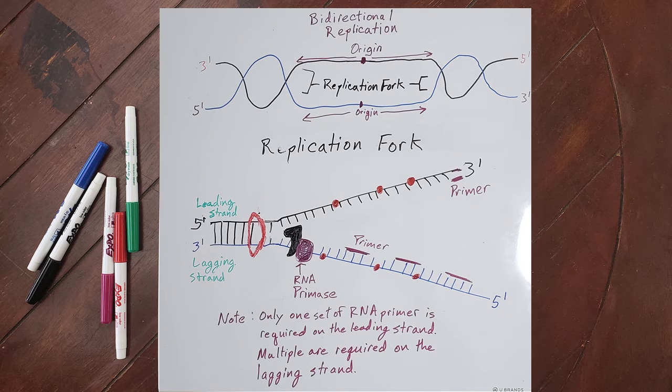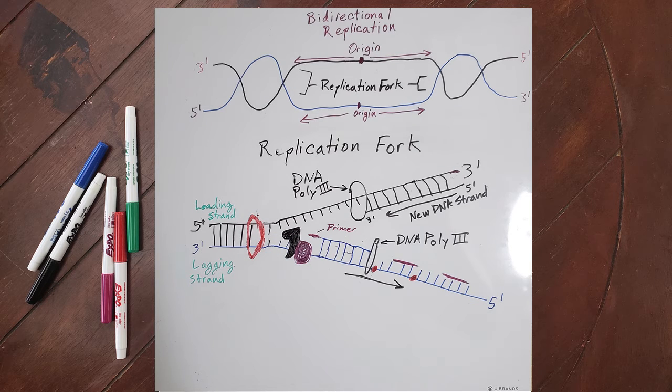To elongate, we first need to add RNA primers. DNA polymerase can't interact with a bare strand. Therefore, RNA primers provide a 3' hydroxyl group that DNA polymerase needs to function. DNA polymerase III has high processivity, allowing it to add a lot of nucleotides at once. It adds new nucleotides to the 3' end, moving with the replication fork from the 3' to 5' direction, growing the new strand in the 5' to 3' direction.